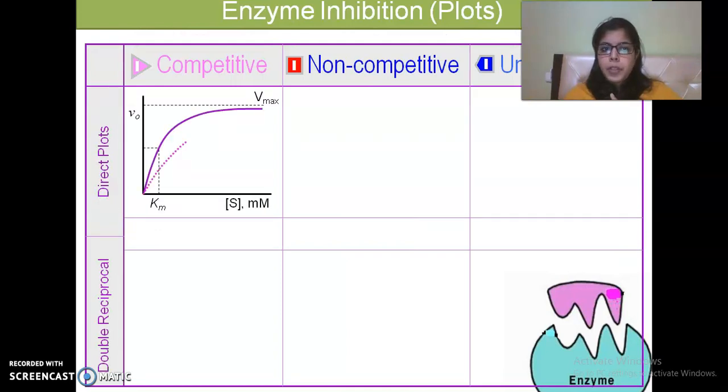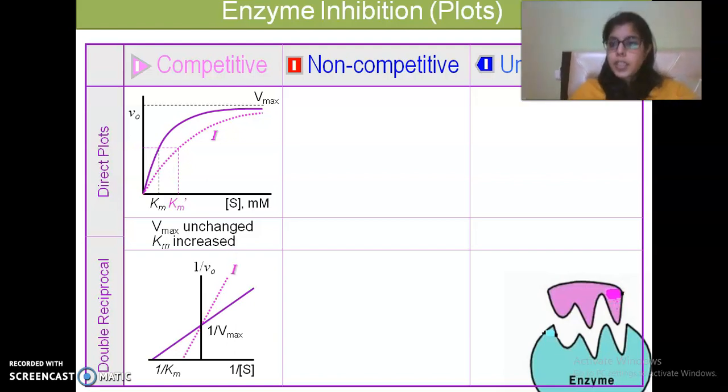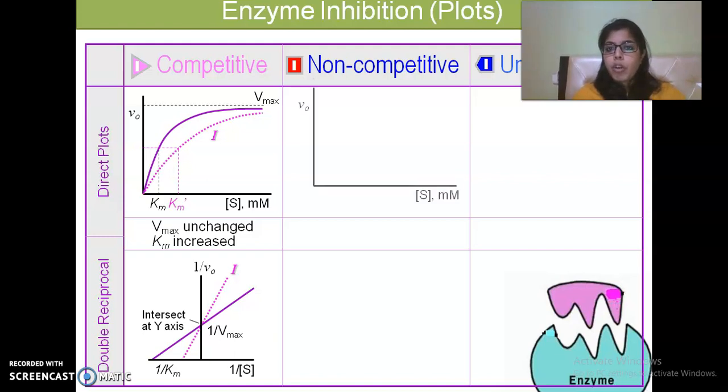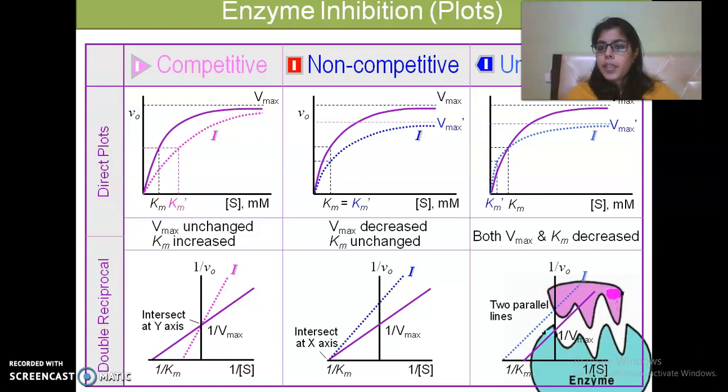So for competitive inhibition, my inhibitor curve is lower than the normal curve. My Vmax is almost unchanged, whereas Km increases. So you can see through the Michaelis-Menten curve that Km is increasing, and through the Lineweaver-Burk plot we can see that Vmax is unchanged. For non-competitive inhibition, the Km is the same in the Michaelis-Menten curve, whereas my Vmax is changing, or decreased. For uncompetitive, the Michaelis-Menten curve shows that my Km is changing, and the Lineweaver-Burk plot shows parallel lines, therefore